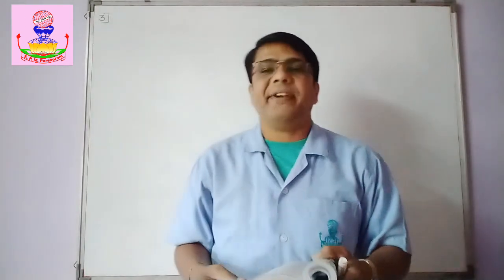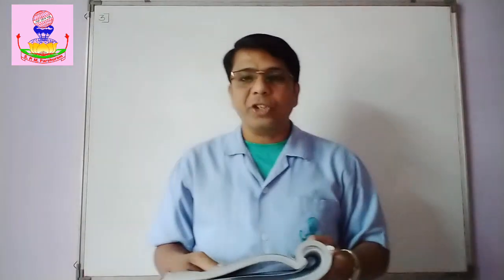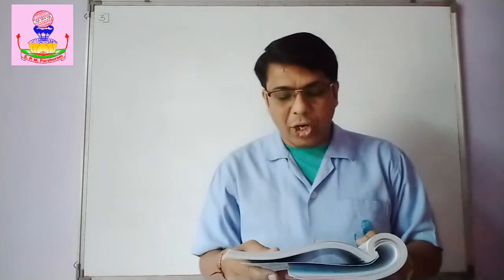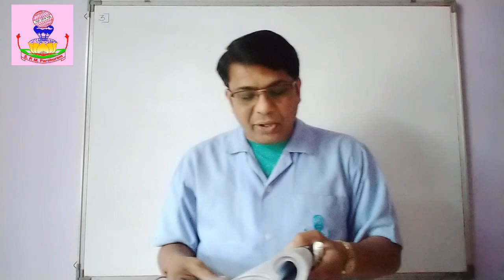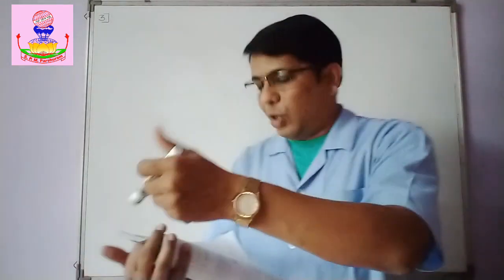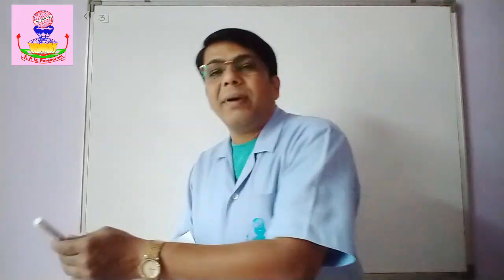Now, third example. Population of Rajasthan is 570 lakhs and population of UP is 1660 lakhs. Area of Rajasthan is 3 lakh kilometers square and area of UP is 2 lakh kilometers square. So first question, how many people are there per kilometer square in both these states? First I will write on board what is given for my reference.